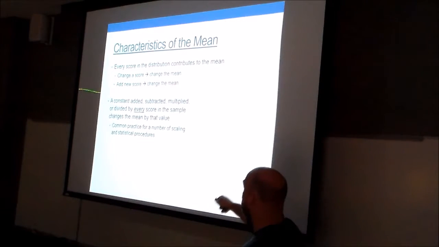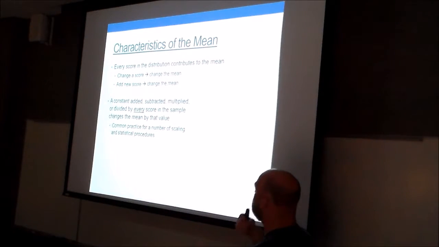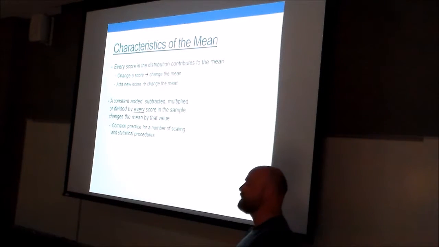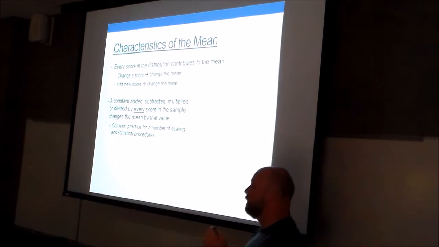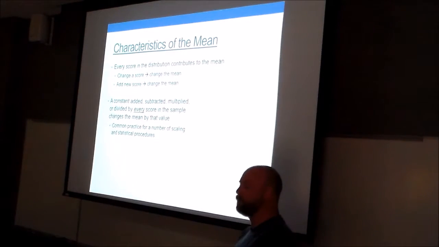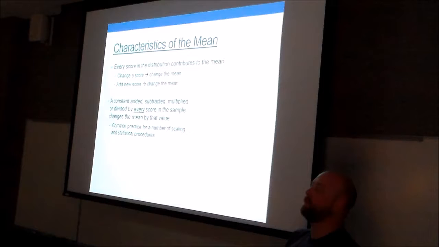So adding a score or changing a score is going to change the mean, but what we can do is add, subtract, multiply, or divide every score by a constant, and that's going to change the mean by the same factor of the constant, okay? This starts to become common when we're rescaling things, right? So if the mean of my sample is 20,